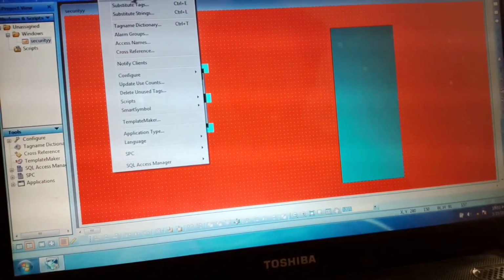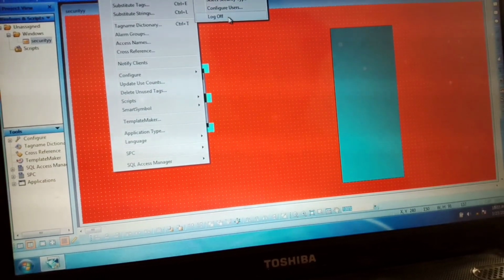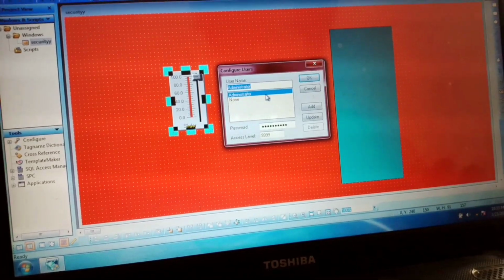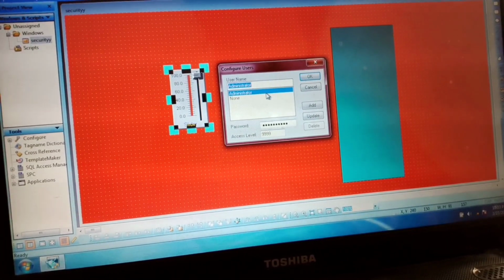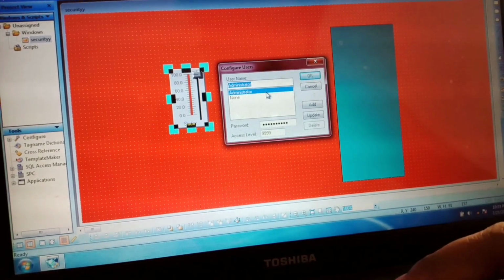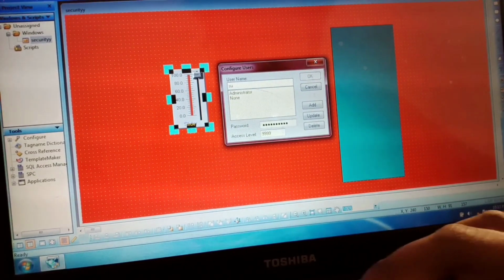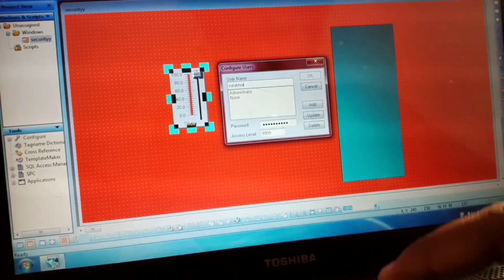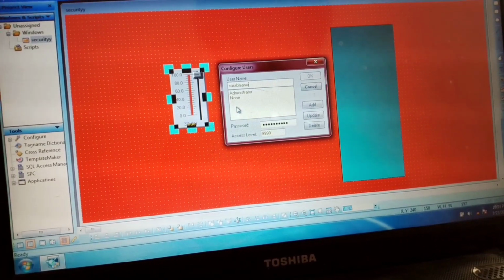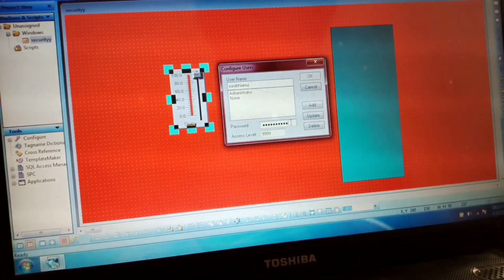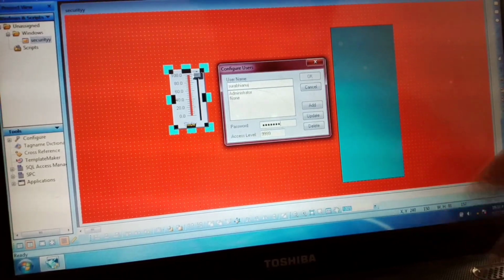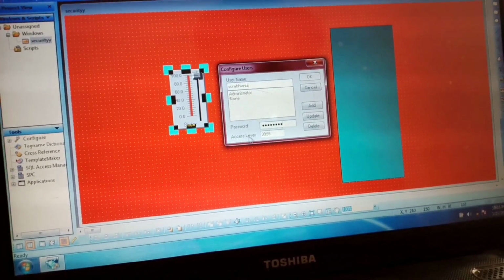Here you can see the special security log on option is on. Then we can open configure. We have to add a new username and password. Here I have to set a username, SURABHIANUJ, and the password is ANUJ9506, and here the access level is 999.